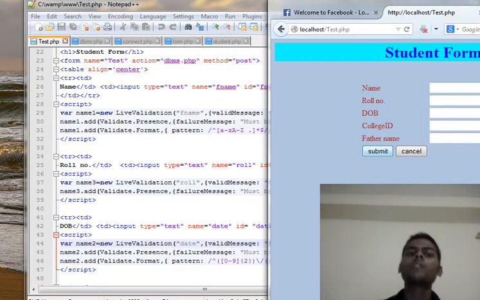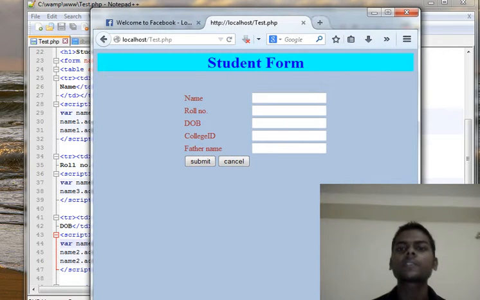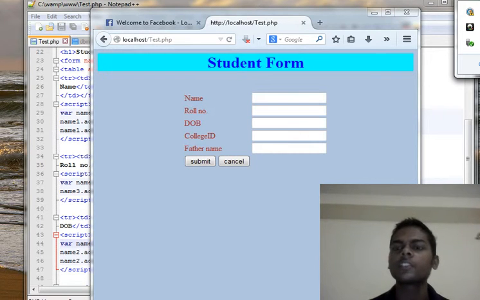Now whatever I have typed in the text fields is stored in the database. I am going to show where all this data is stored in our database.